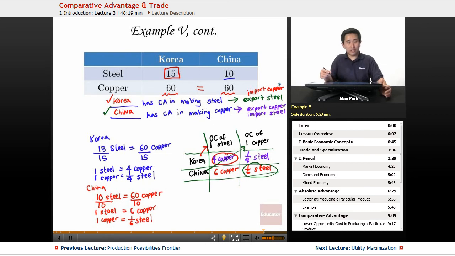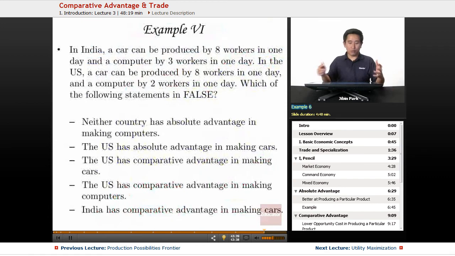So this is a fairly extensive problem when you're going to deal with specialization, trade, production possibilities frontier with constant opportunity costs and comparative advantage. Finally, we're going to look at a problem using multiple choice. And again, we're going to use that technique. How are we going to use our knowledge of production possibilities frontier and comparative advantage to tackle a problem on